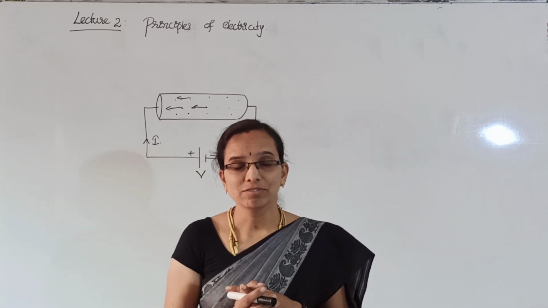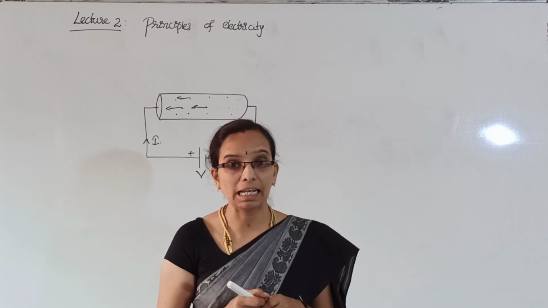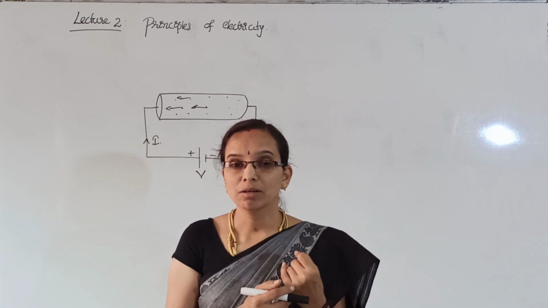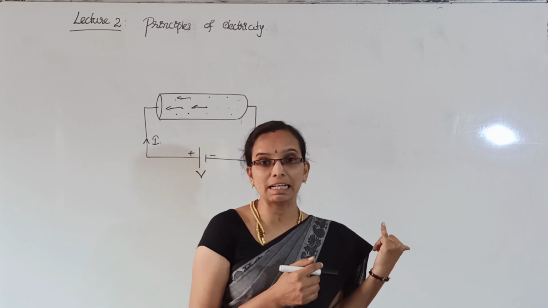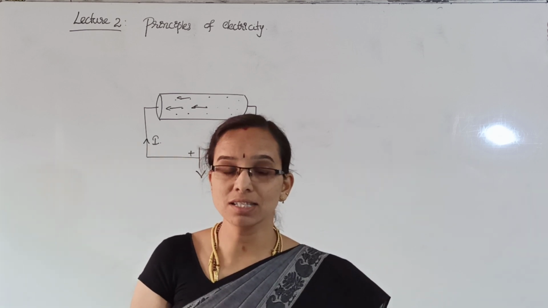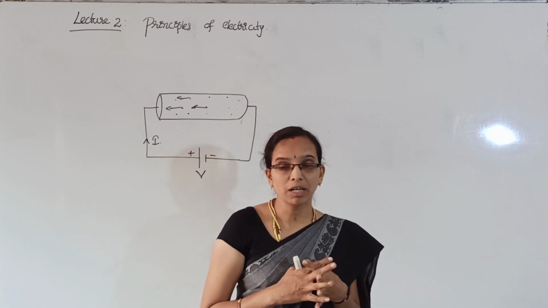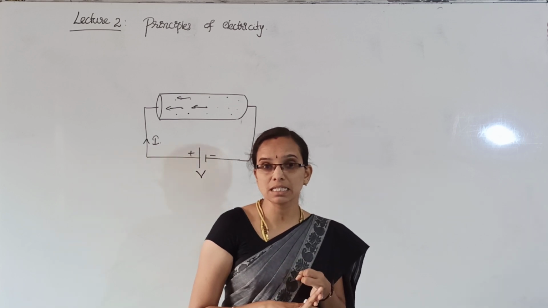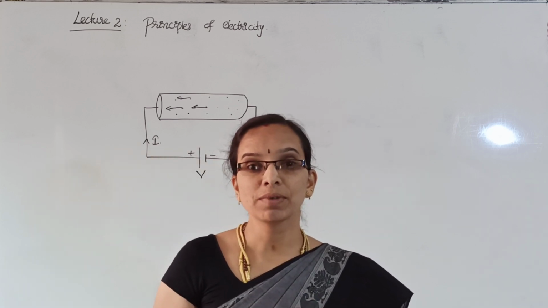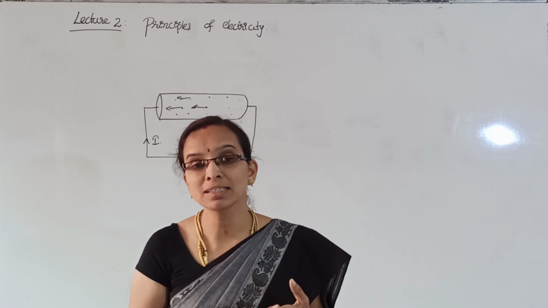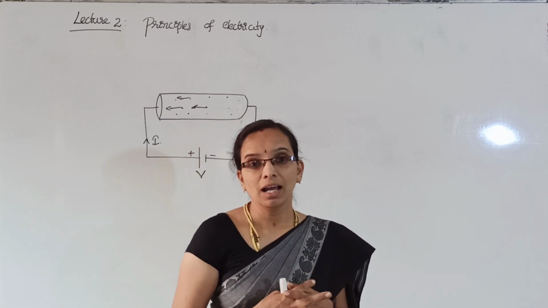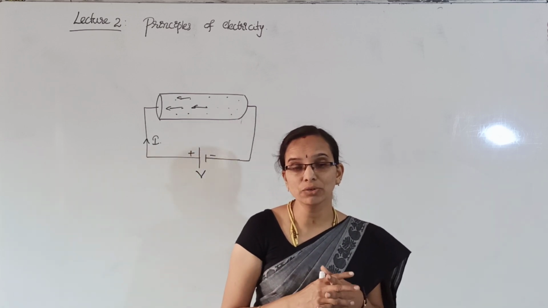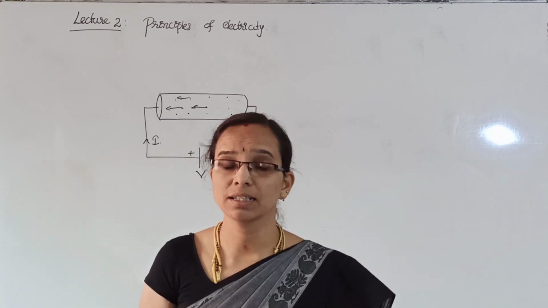After that we studied electric current. Electric current is the rate of flow of charges. Before that, we studied the properties of charges, of which five are very important. Charge is not affected by motion. Like charges repel each other, unlike charges attract each other. Charge is quantized and conserved, and charges reside only on the outer surface of the conductor.